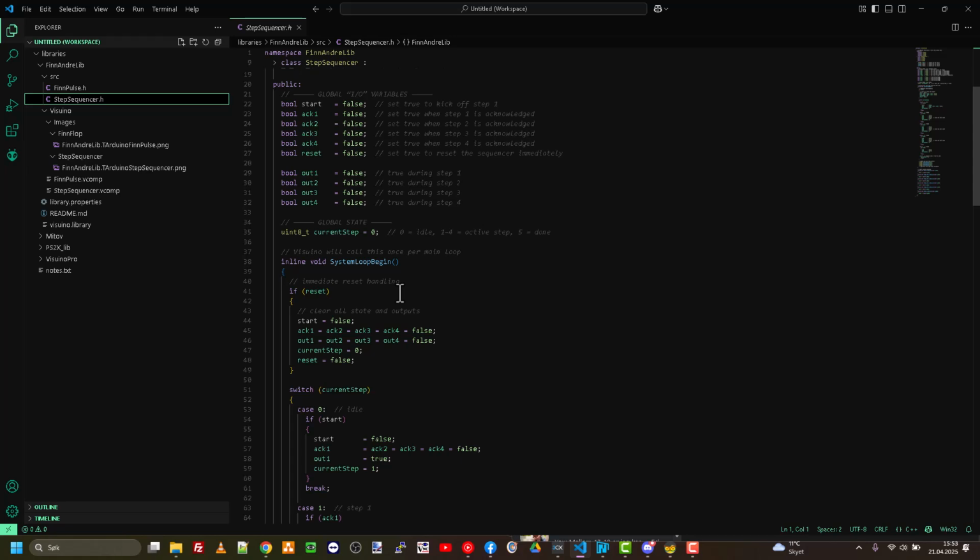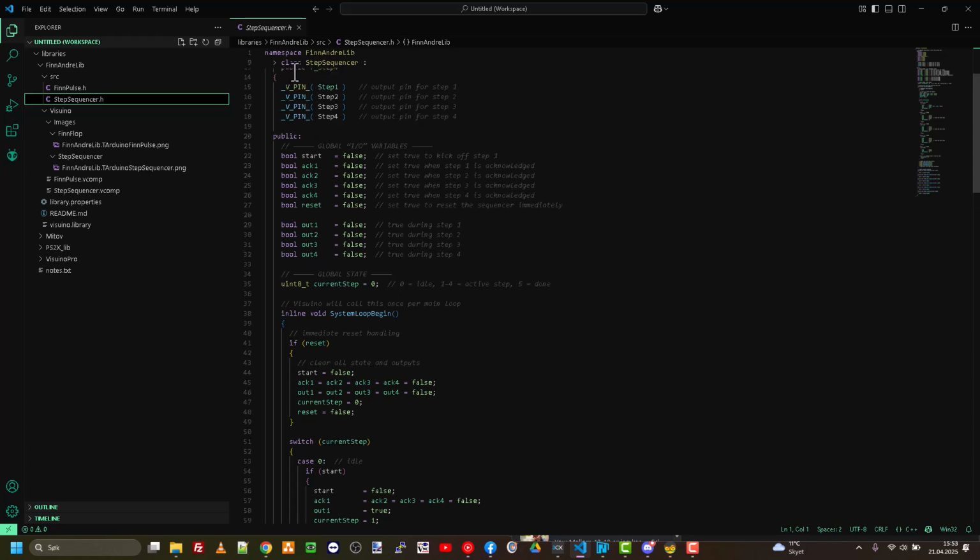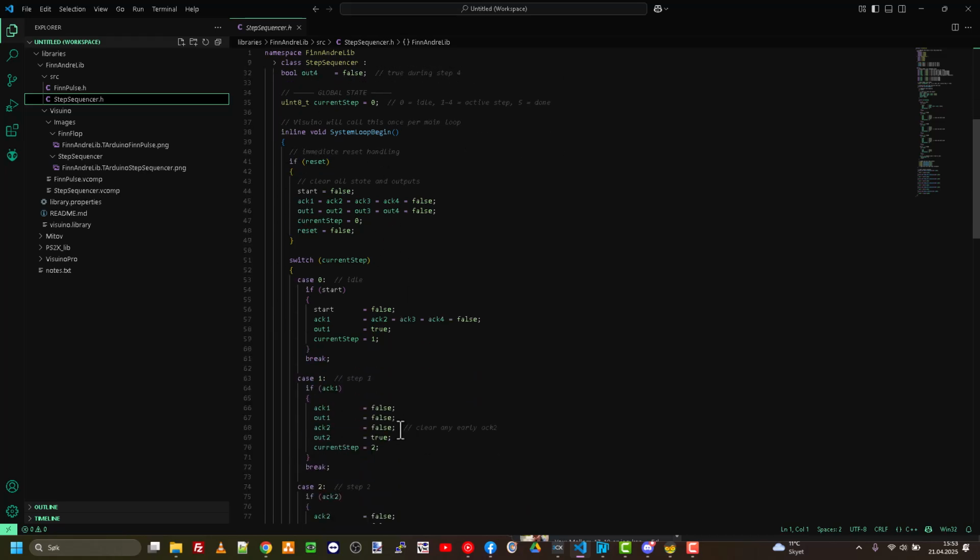In a regular Arduino code, you will have declarations of variables at the top, and then the setup will come, and then the loop will come. So in this code,